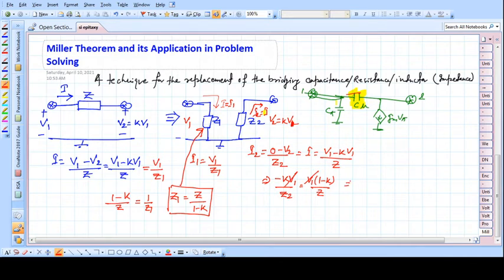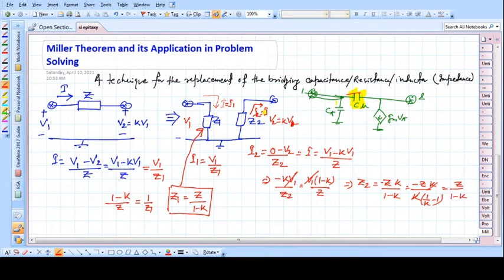I will show the importance in an amplifier, how we have to use this concept in an amplifier. Then we can say this Z2 value will be Z with a negative sign, minus Z into K by 1 minus K. So we can write minus Z K, taking K common, 1 by K minus 1. So we can write this as Z by 1 minus 1 by K.